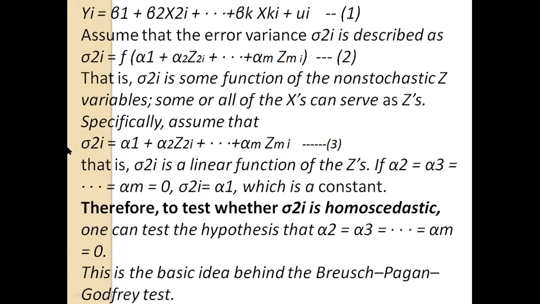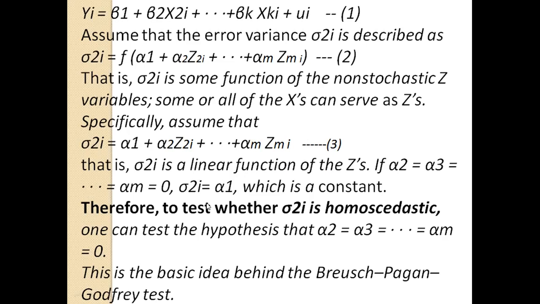Okay. So, for example, the variance of u_i is equal to alpha 1, nothing but a constant value. See here, beta 1, or sometimes we can call beta 0, or simply we can write y is equal to a plus bx. What does a indicate? A constant value. When you write y is equal to a plus bx, if x is equal to 0, how much are you going to get? Only the constant value. That is, y is equal to a.